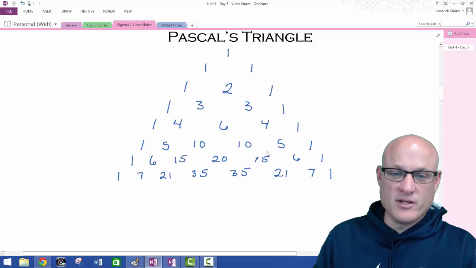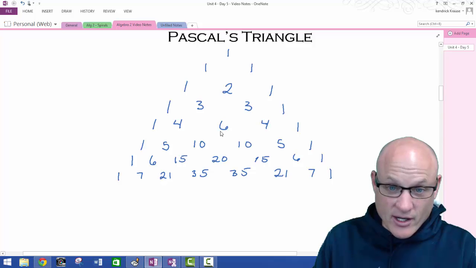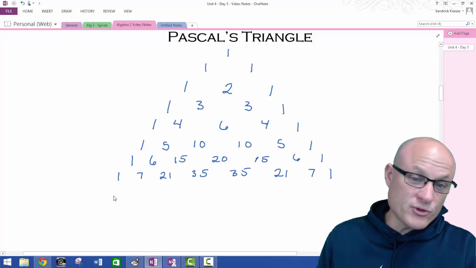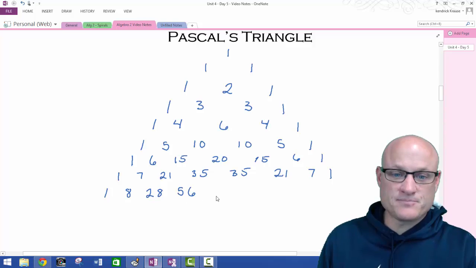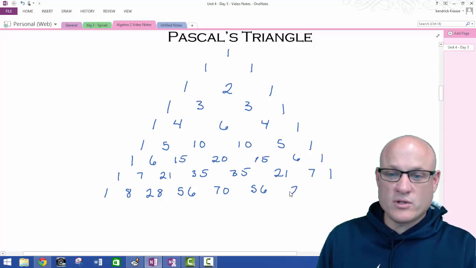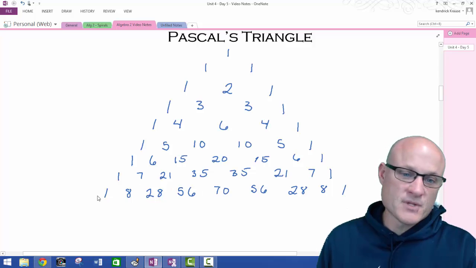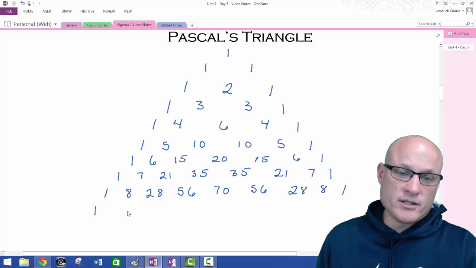The thing I'm struggling with is my center somehow got a little off center, so I'm skewing my triangle to the left a little bit. 1, 8, 28, 56, 70, 56, 28, 8, and 1. Then we're going to go 1, 9,